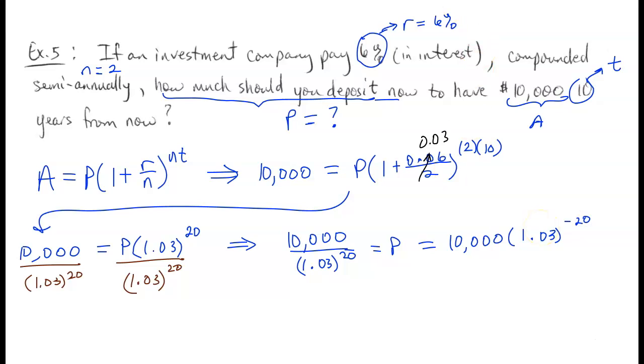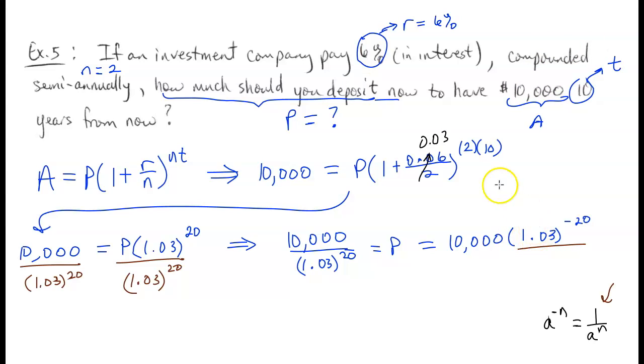And specifically speaking here, if we use the exponential rule that a raised to the negative n is the same as 1 over a raised to the positive n, then we see that this 1.03 that's in the denominator being raised to the power of 20, that this just looks like 1 over 1.03 raised to the 20, kind of like what the right hand side of this looks like, and we can rewrite it this way. Okay,